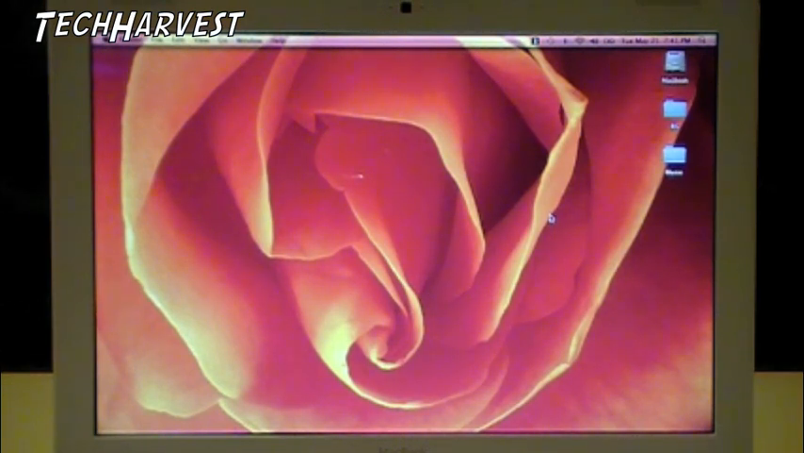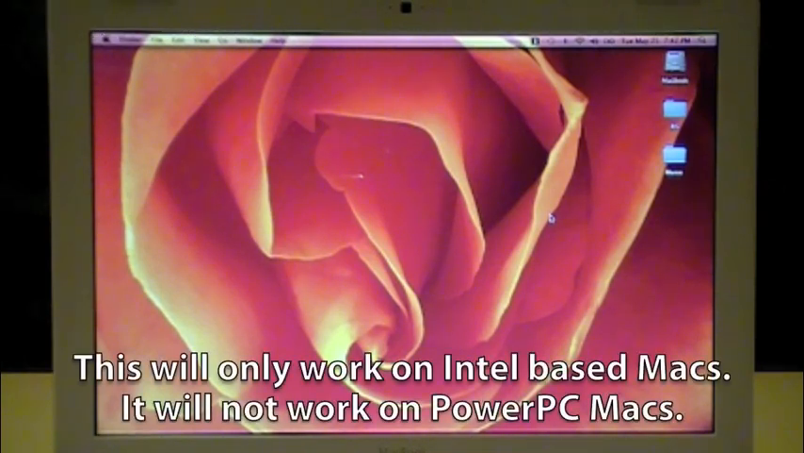We are going to show you how to triple boot your Macintosh computer. In this case, I have a MacBook that I'm going to be using, but as long as you're running OS X Snow Leopard or OS X, this should work for you. I'm running OS X Snow Leopard on this machine. I'm going to be putting Windows 7 Professional on there, as well as Ubuntu